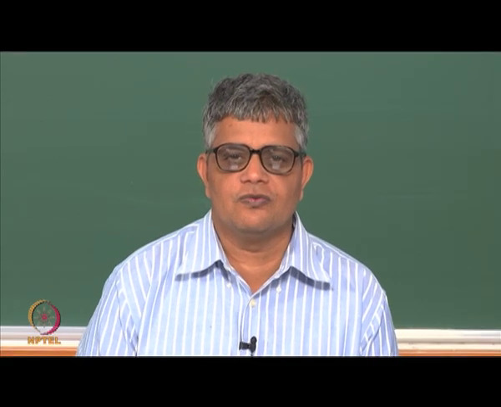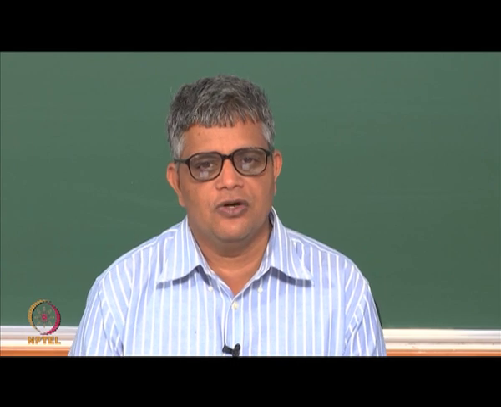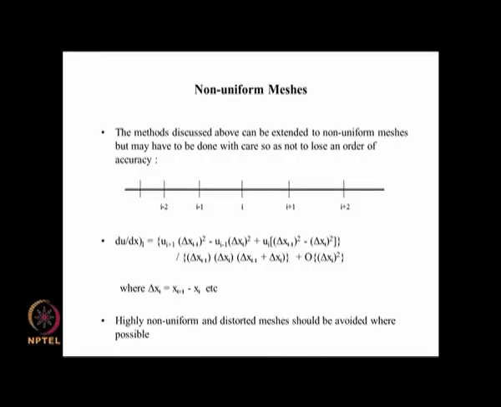Before we end the discussion on finite difference methods, let us consider the case of non-uniform meshes. When we say non-uniform mesh, the spacing between adjacent nodes is not the same. As illustrated in this figure, this is a case of a one dimensional grid, for example the x direction, and the nodes are located at these points here. This is the ith node, this is the i plus 1 node, i plus 2, i minus 1 and i minus 2 like this, and you can see that the spacing between these two is different from between these two and between these two like this.